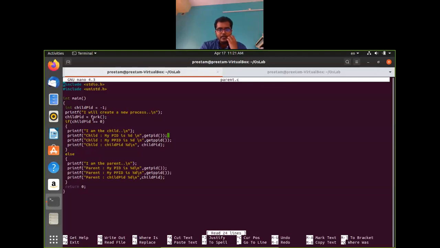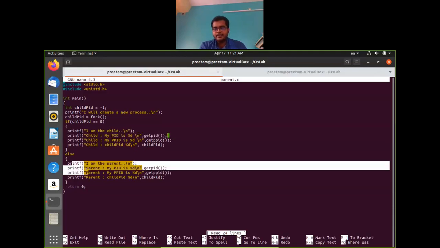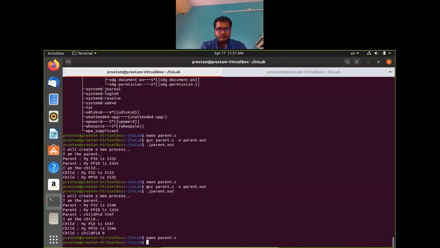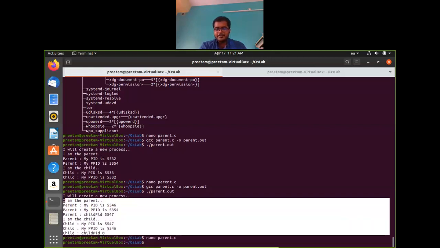And in a single program you cannot get into the if part and the else part at the same time, right? But when you look into the output of this program, both the output from the if part and else part is shown, right? It means both of them are executed. How? Because two different processes are created.